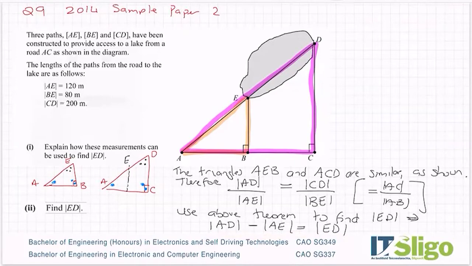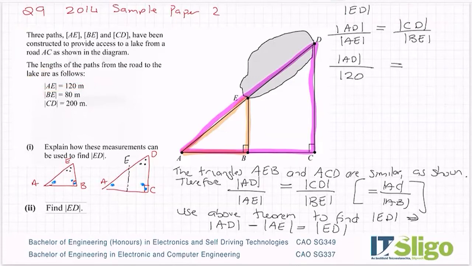So let's find ED then. That was the second part of this question. So find the length of ED. I'm going to use AD over AE is equal to CD over BE, and from here, you fill in whatever numbers you have. So do I have AD? No, that's what I want to find. So leave it as AD over AE, which is 120, is equal to CD